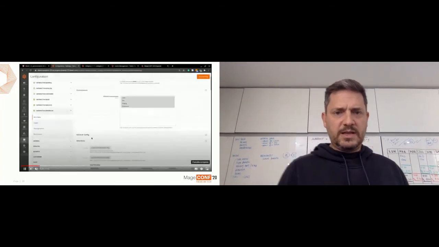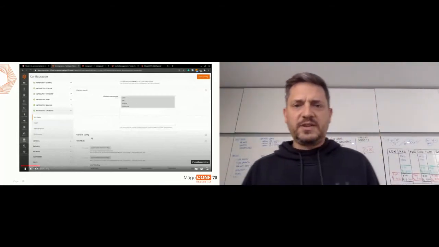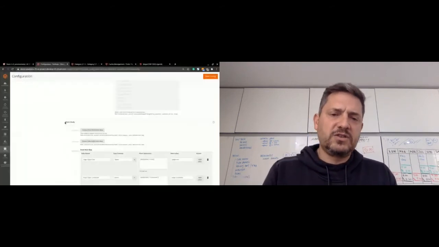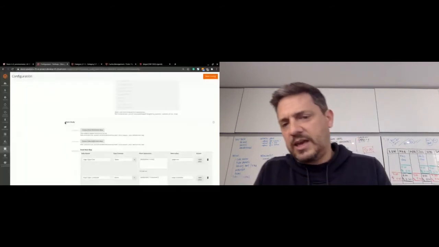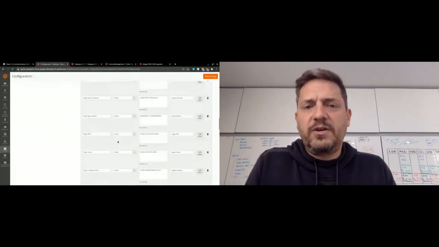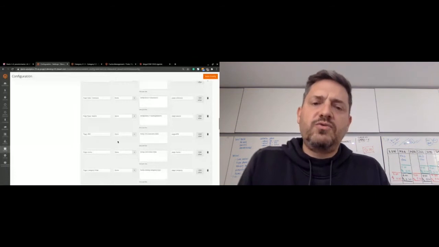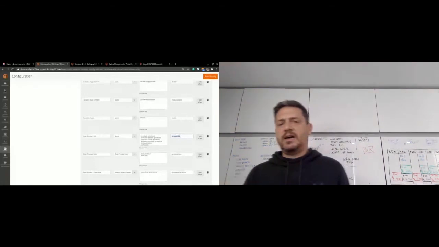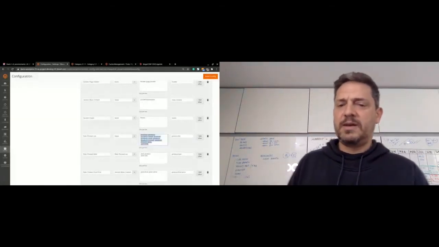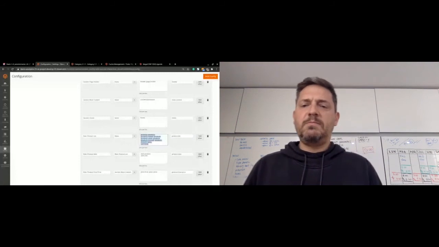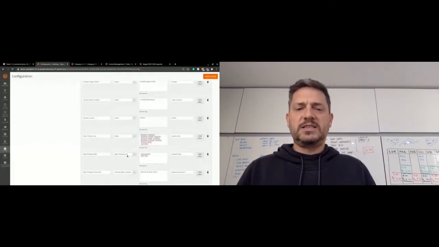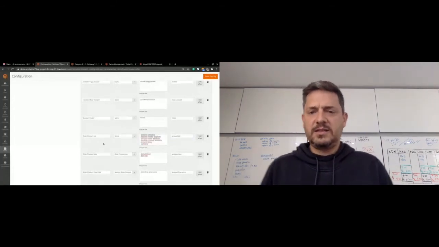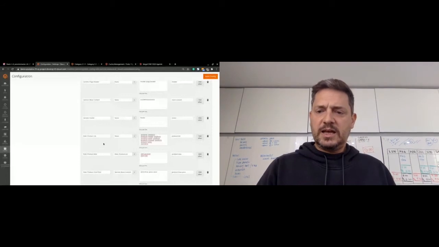So this is part of the extension. Every single part of the extension has an import and export, so we can export or import CSV files with all the configurations. Here is where we can go through all the elements that the front end has. We can define them, or find them using the CSS class or the element defined. And at the end, we name them in a specific way. In this case, you will see the product list and the product item.